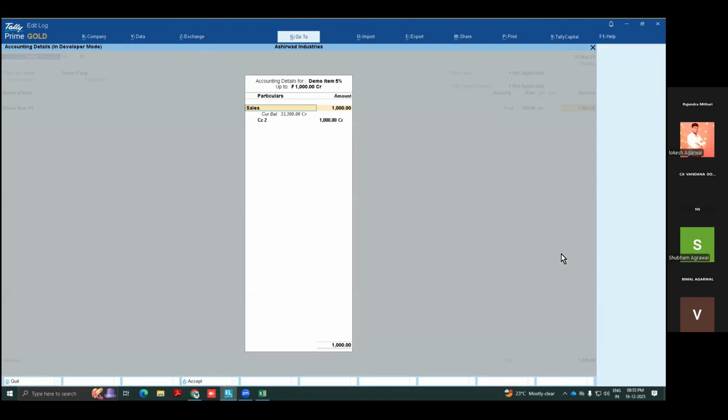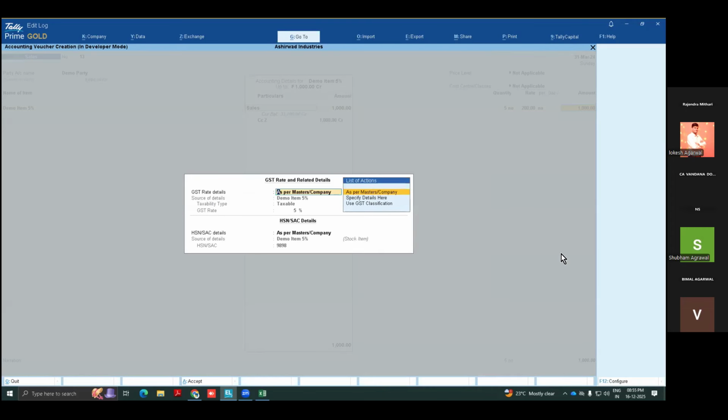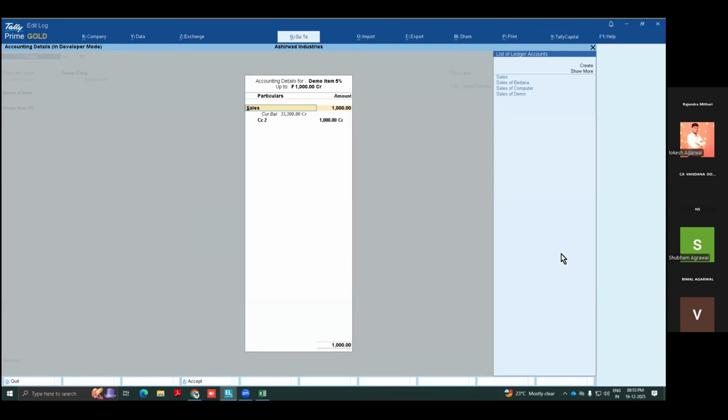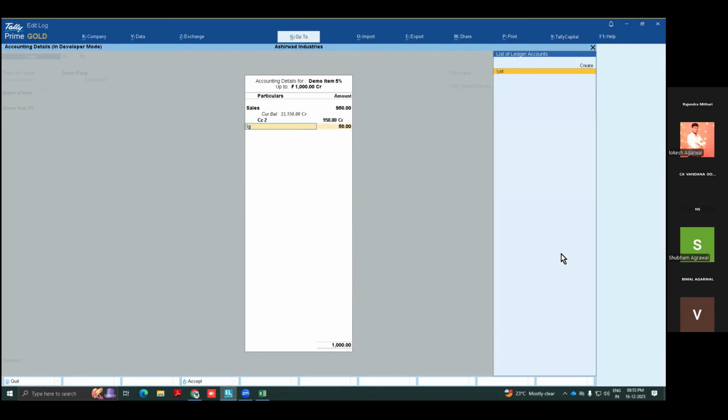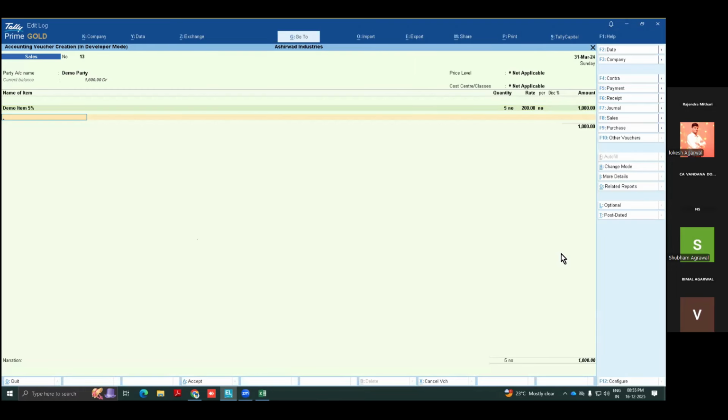Okay, here when you are entering 1,000, you can modify it. Suppose I'm not going into calculation, I'm just putting some values here. Let's see if IGST or CGST is there this way.